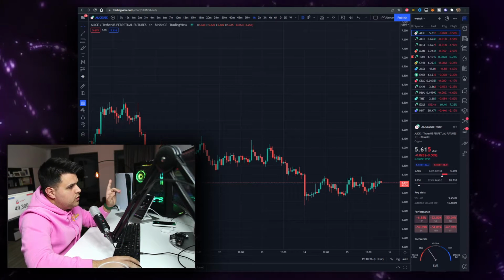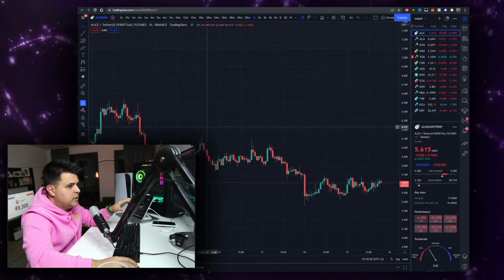Hey, in this video I'll show you a very simple method to actually copy bars or copy candles on your TradingView chart. On any chart that has this option,